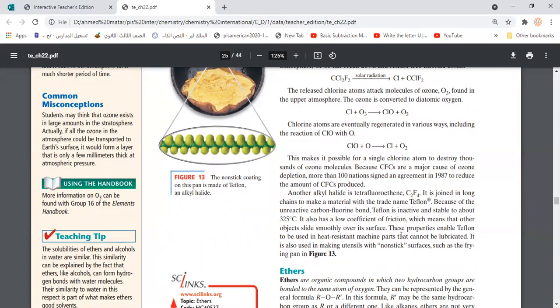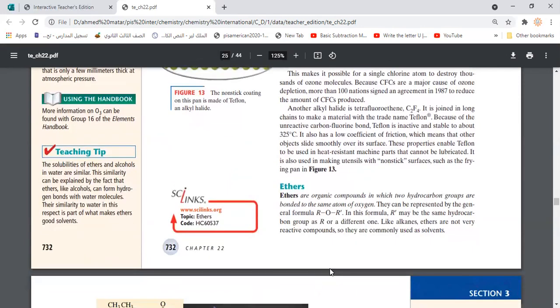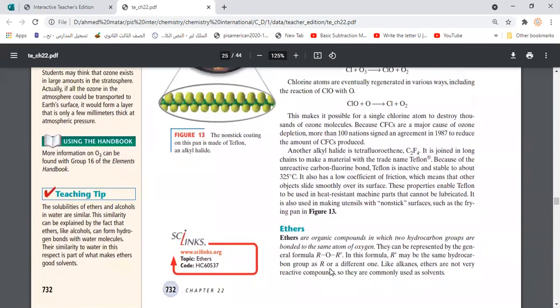That's why we can use it in the internal parts of engines or machines which cannot be lubricated, to reduce friction, and at the same time it is able to stand high temperature. Also, because its surface is very smooth, Teflon is used in making non-stick surfaces, like what we use in frying pans, which we know as Tefal pans. We call it Tefal because it contains Teflon. So that is the second class of